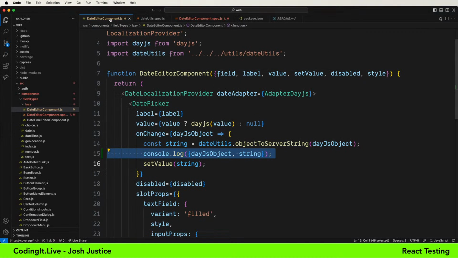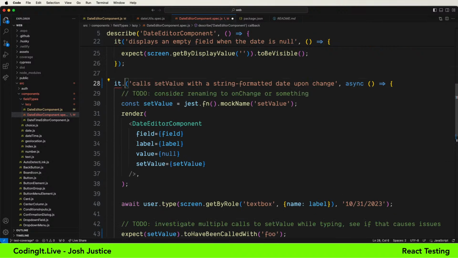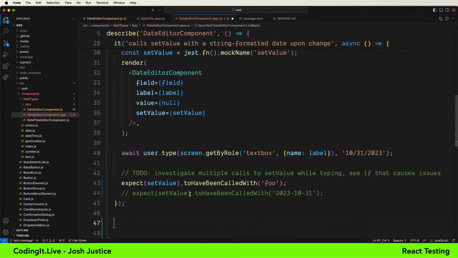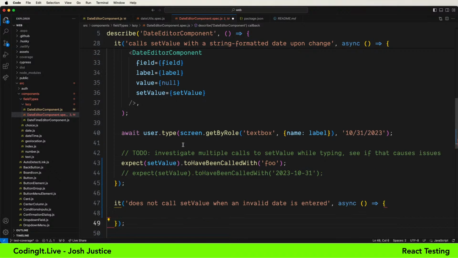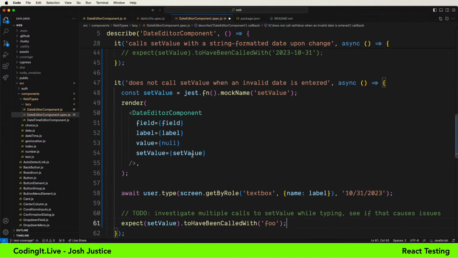I think date editor handles that input. I think the rest of the app just doesn't want to know when an invalid date is coming out. So let's make a test for that. And then we'll see maybe the sequence that happens here, and maybe it's still good or maybe it's not. So we'll stay away from this. And we'll say it does not call set value when an invalid date is entered. All right, so let's give this a try. Leave these to-dos, or that to-do out.